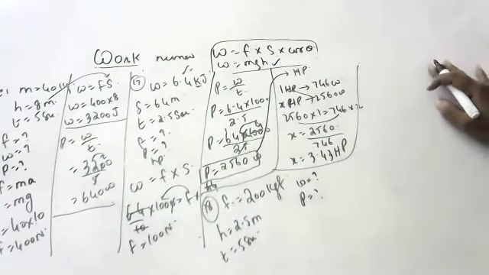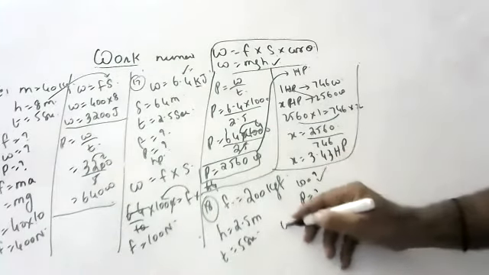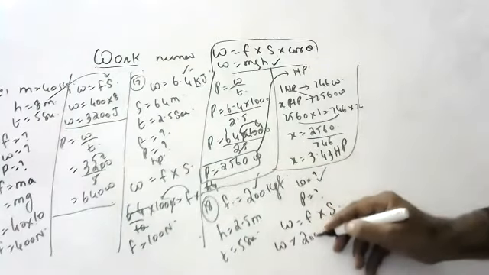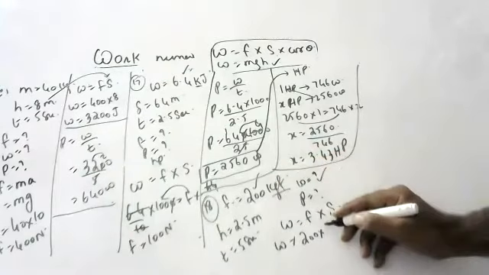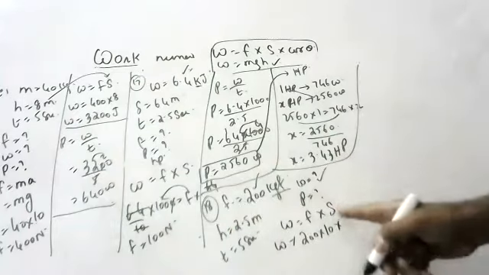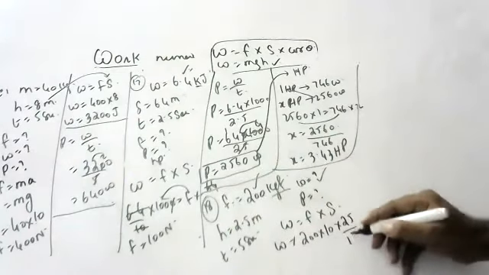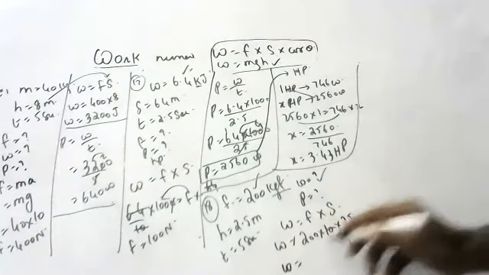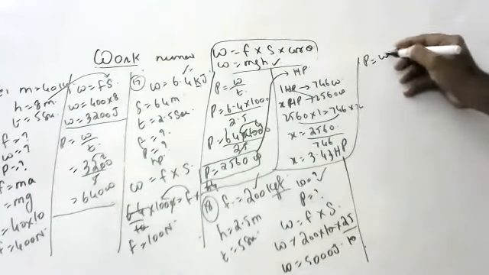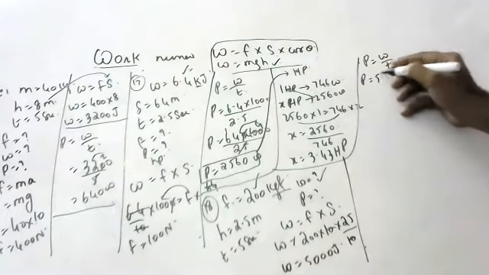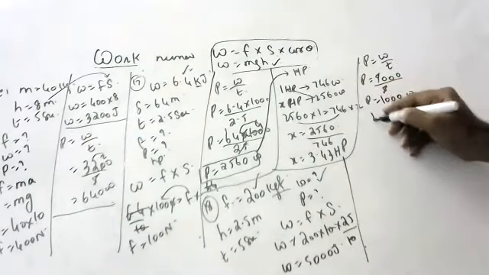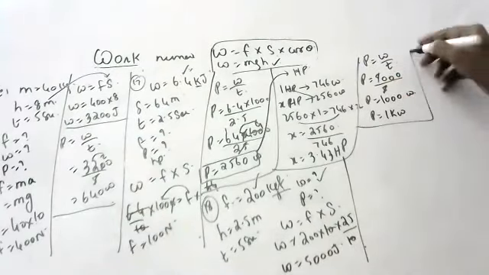Yeah, Yashasvi, are you able to tell? Work is equal to force into displacement. Force is 200 kgf, so into 10. No problem, into 10. Distance is 2.5, that means 25 by 10. So 5,000 joules. Now the power. Power is equal to work by time. Power is equal to 5,000 by 5. So power is equal to 1,000 watts, 1 kilowatt. Yeah, thank you.